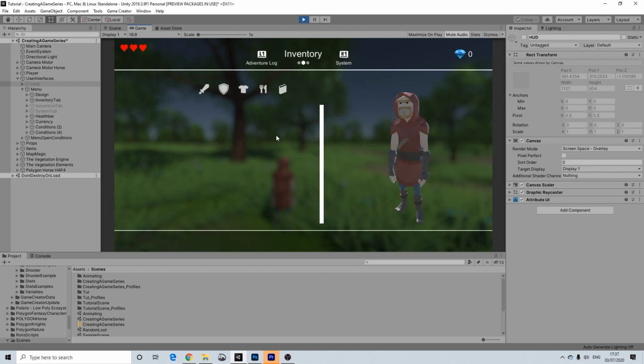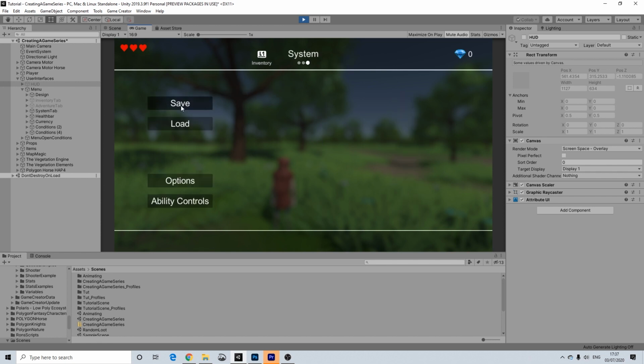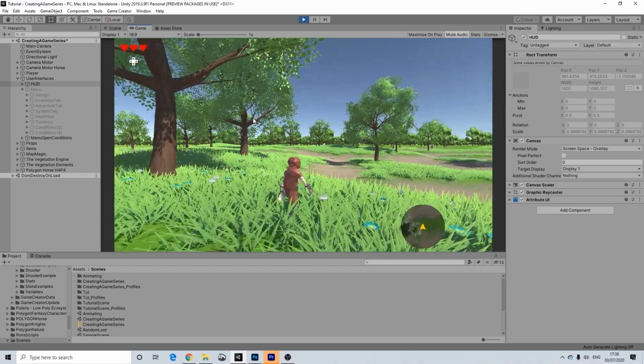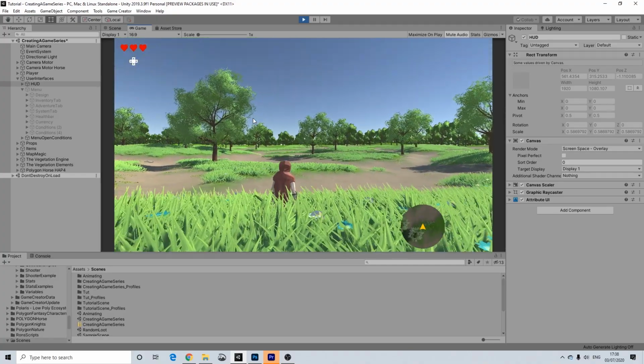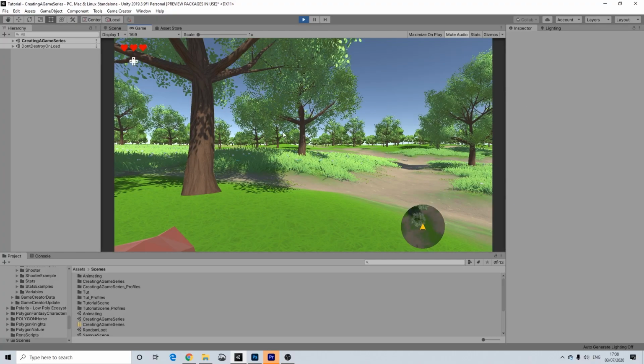We have our inventory. There's nothing in here yet. And we have our save and load options. Now options is not going to do anything. Ability control is not going to do anything. Save is going to save. So that's nice. And now I'm going to run around and we're going to load. And